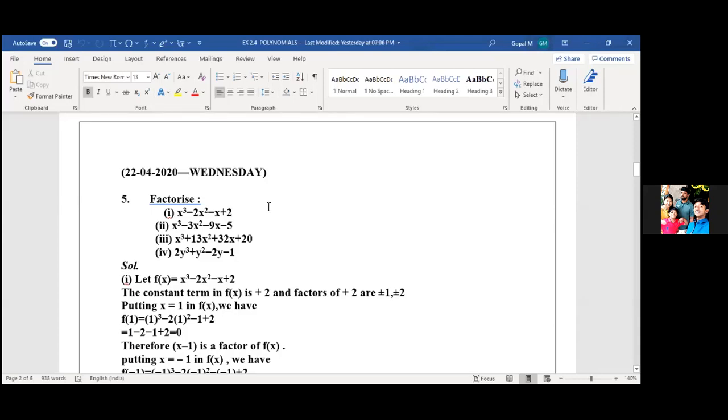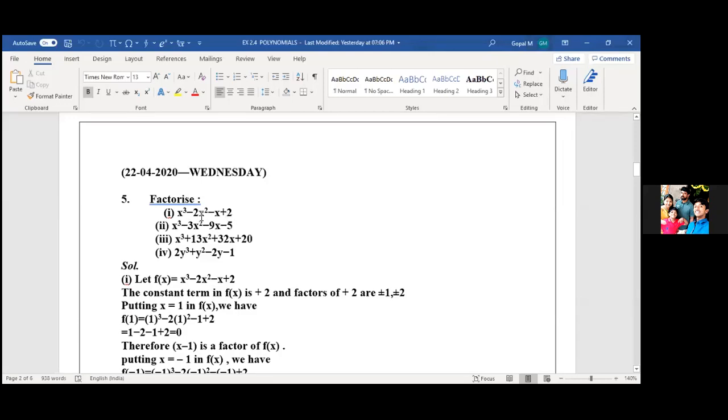So the fourth one is just a factorization of a quadratic polynomial. Now the fifth one is a cubic polynomial. All the 4 questions are cubic polynomials. They did not ask us to check for any factor, so here we need to find the factors. Here I am going to explain 2 types. First question, one type. Second question, a different type. Whichever you feel is easy, you can go with that. Am I clear, children? Okay, ma'am.